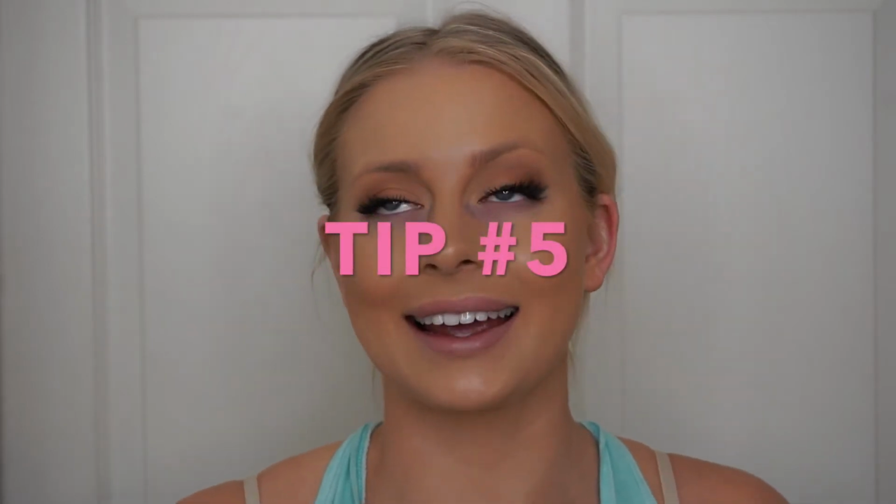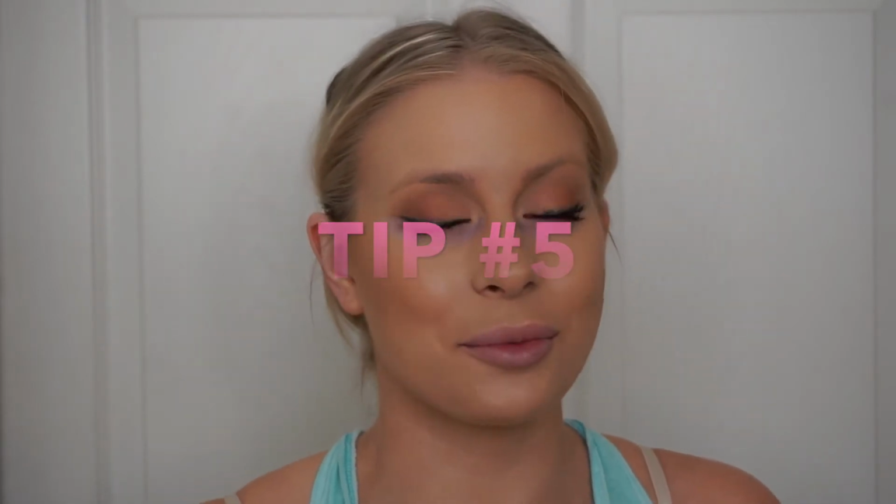My next tip is still with the contouring, and now we're going to move on to the lips. With the lips, this is totally optional. A lot of people love that fuller lip, and that's great, and some people don't, and that's also great. I'm going to show you, for those who want to define their lips a little bit more, make them a little bit poutier, this is what you can do with contour that's really going to make your lips look so good. In order to make your bottom lip appear bigger, you're going to start by contouring right underneath this lip, right there, add a little bit,